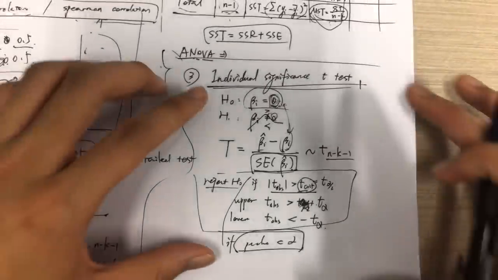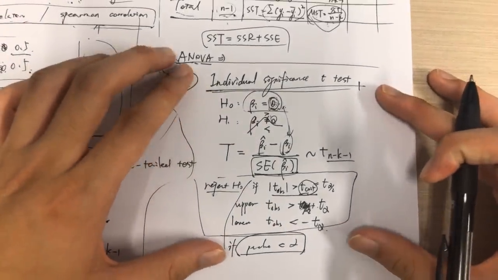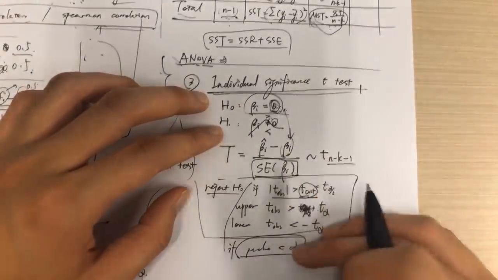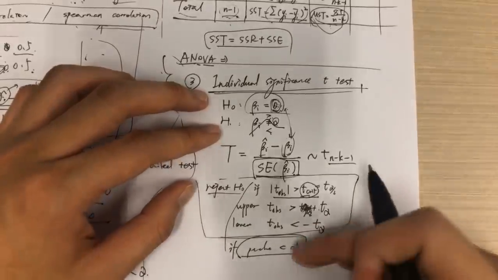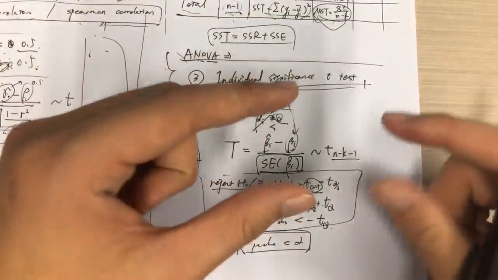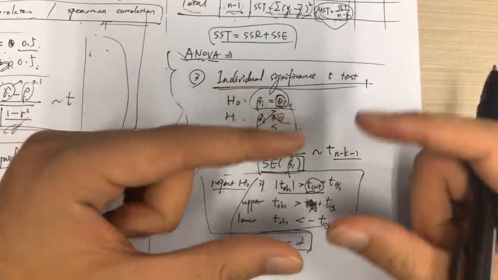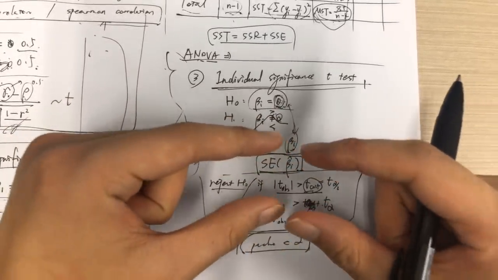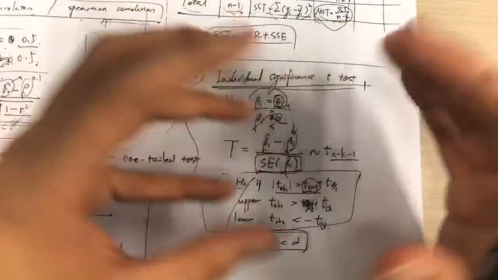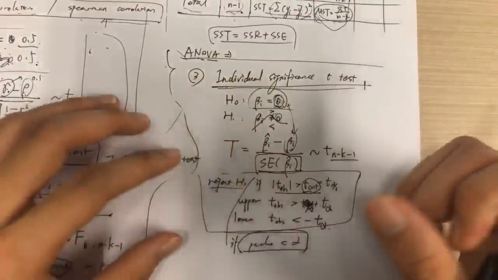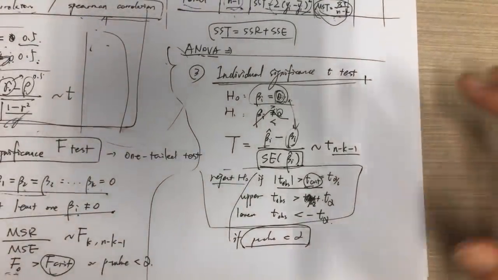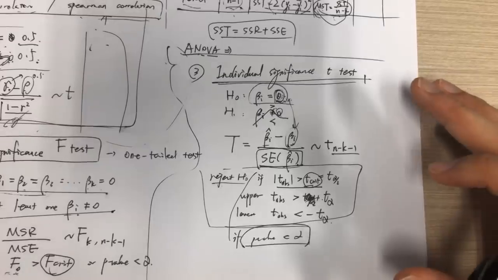Okay, so the individual significance t-test can help us determine which of the independent variables are important and which are not important, right? So this will help us determine in our final model what should be our most appropriate group of independent variables to have in our final statistical model, right? So this is the individual significance t-test, and you also learned what is called